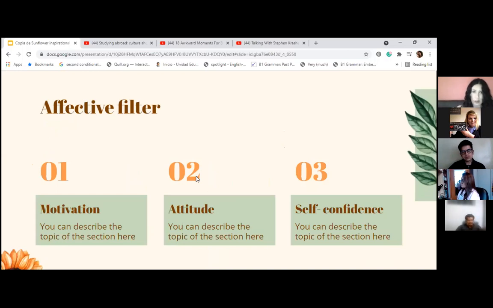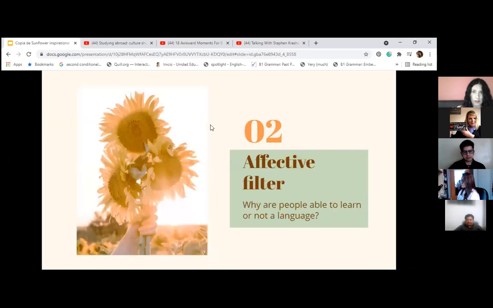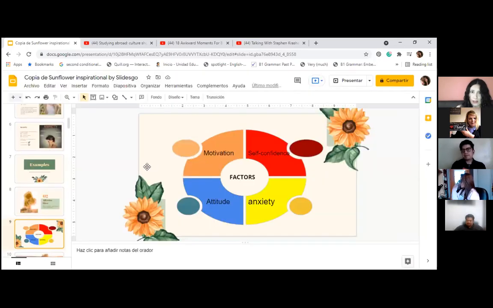I don't know what is going on with... Yeah, okay, here it is. Affective filter, yeah. So as I was saying, affect from Krashen's perspective is intended to include factors such as motivation, maybe the attitude, or maybe the self-confidence and anxiety, as I have mentioned before. So he proposed an affective filter, the filter here,